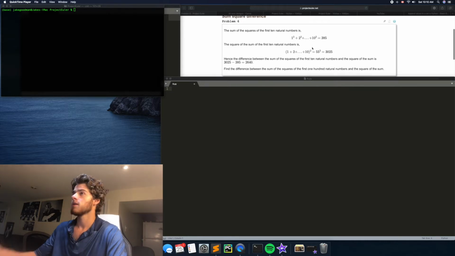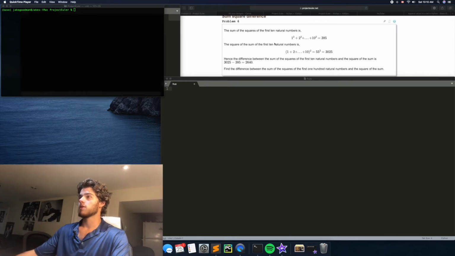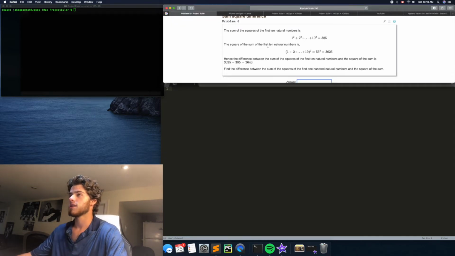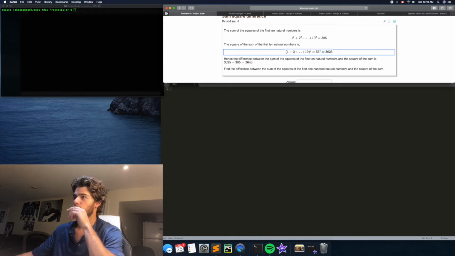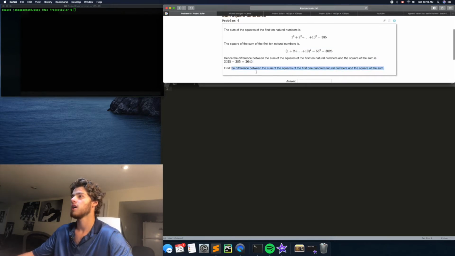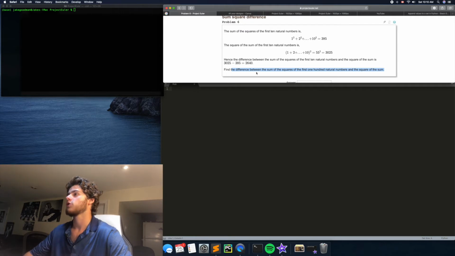Today the problem is sum square difference, and it looks like a pretty easy problem, so this should be a quick video. The sum of the squares of the first 10 natural numbers is 385. The square of the sum of the first 10 natural numbers is 3025. And then the difference between the sum of the squares and the square of the sum is this. So find the difference between the sum of the squares of the first 100 natural numbers and the square of